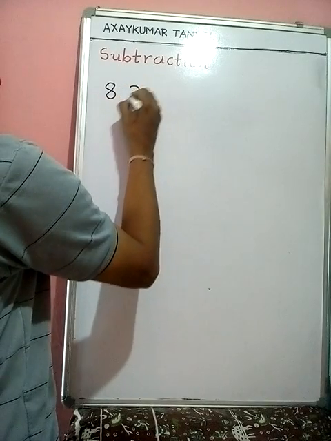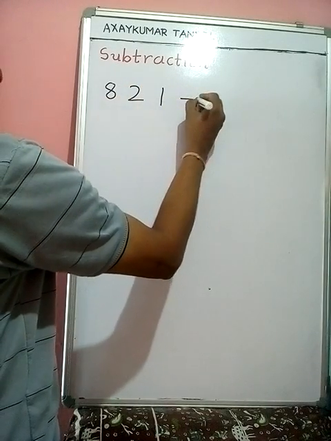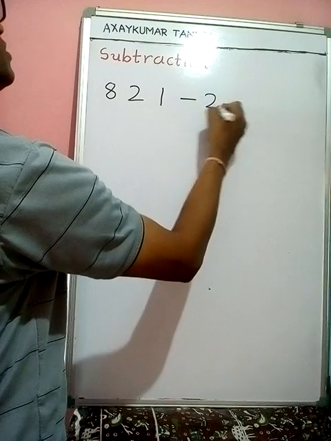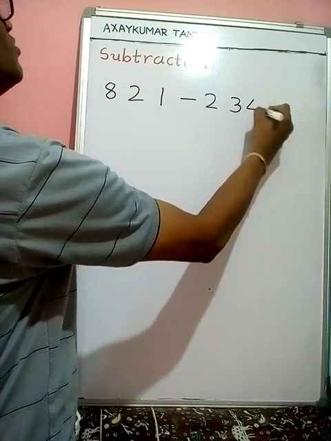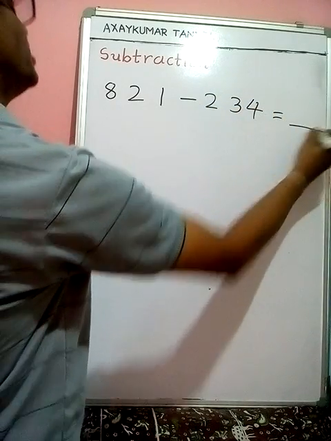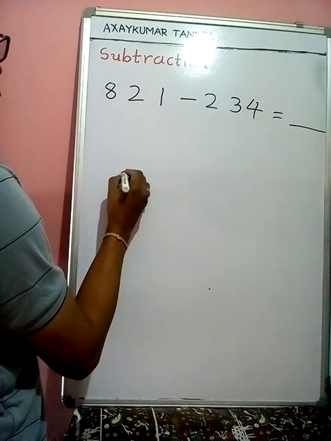Eight 21 minus 234 is equal to how many? We write here